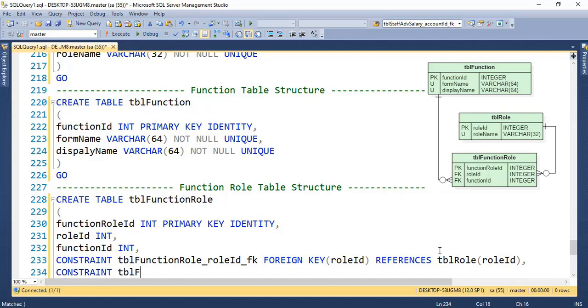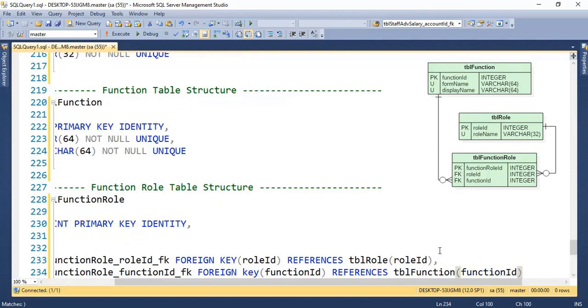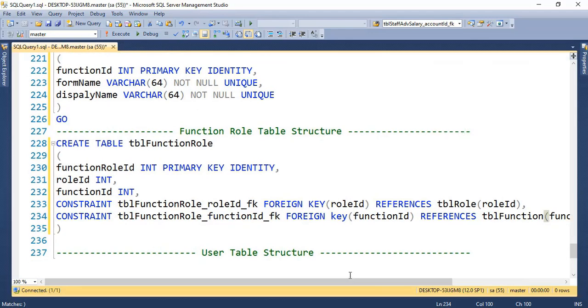Simple. Constraint table function role function ID FK foreign key function ID, references to table function, function ID. Good. After that we want to put another go statement here, and then we want to create the user table